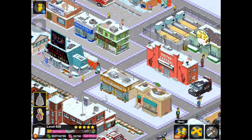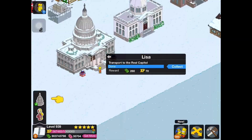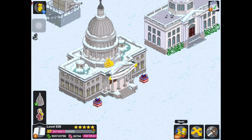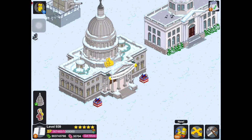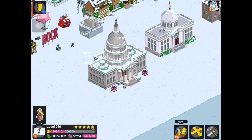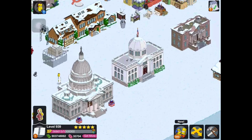Great. Okay. Hi. Oh, good, Glavin. Hi. So, I guess this is not the real Capitol building. It's just a replica, I suppose. The animation was some fireworks went off, and this banner out front caught on fire that says, "We want what's worst for everyone." That's a pretty cool animation. Honestly, this is a really cool building, I'm not going to lie. I definitely would rather buy this than these two buildings, but...